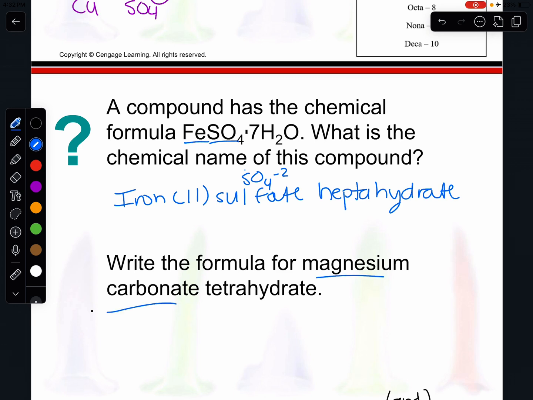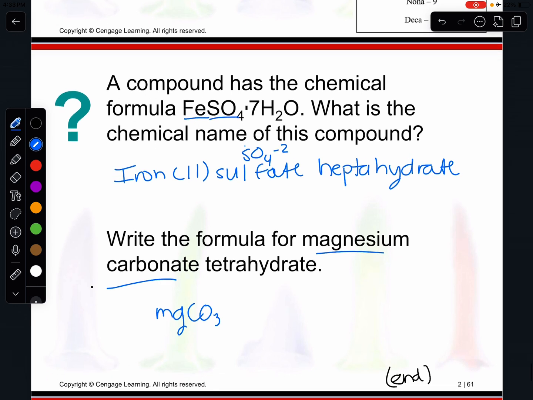You will see the word hydrate in there. So let's do the opposite. We have magnesium carbonate. So go ahead and write that formula and crisscross your charges. It has 2's that will cancel out. And then we have tetrahydrate. Tetra is 4. So here we go. We have a formula for a hydrate. Again, if you were to heat this up, okay, you would just end up evaporating that component and it would become